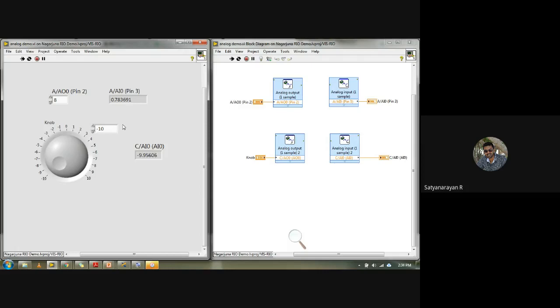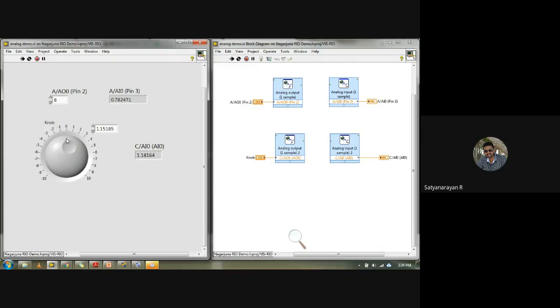Now I'll show you one more thing. I'll disconnect a wire, the negative terminal, and you can see what numbers you get. Let me try to give some number. I remove the negative terminal.